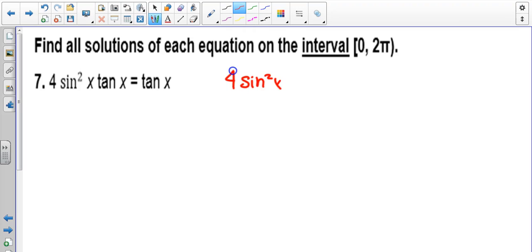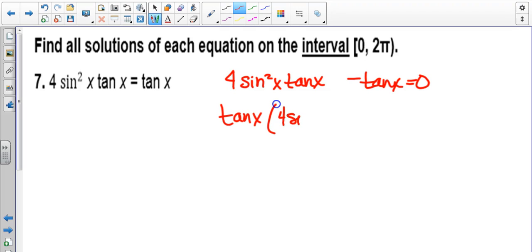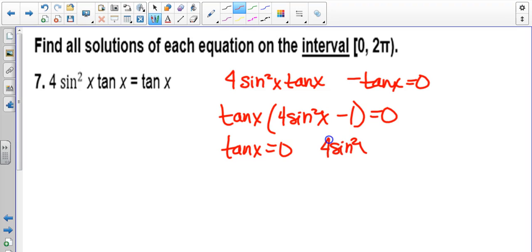Yes, nicely done. We have to move the tangent to the other side. We can't divide it out. Factor out a tangent. We have where's the tangent equal to 0, and what does this become? What? If the 4 wasn't there, yes. If the 4 wasn't there, yes. But